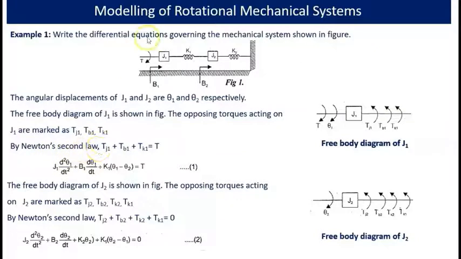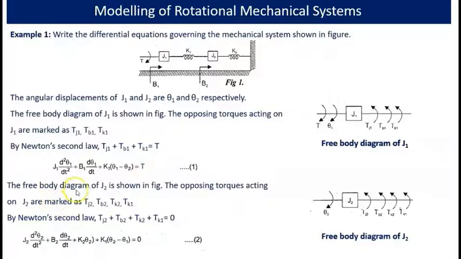By Newton's second law for rotational motion, the sum of these opposing torques is equal to the applied torque. So Tj1 plus Tb1 plus Tk1 is equal to T, that is J1 d square theta 1 by dt square plus B1 d theta 1 by dt plus K1 into theta 1 minus theta 2